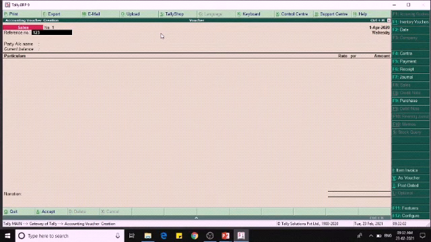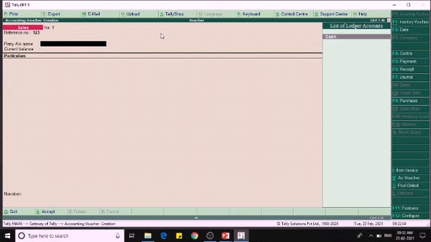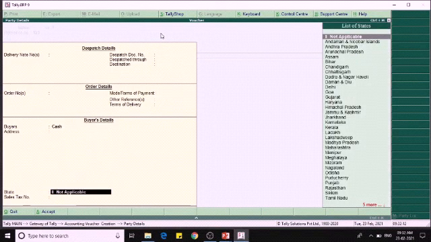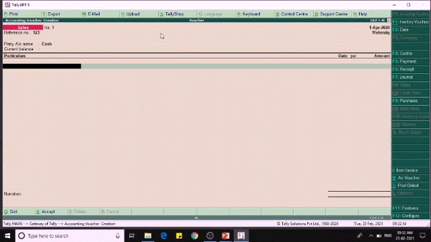Let us give the reference number, and I didn't create any party name, so I just gave cash. So we have to give all these details. If we created the stock items, the inventory will be listed here. In this company we didn't create any inventory, so let us create sales only.